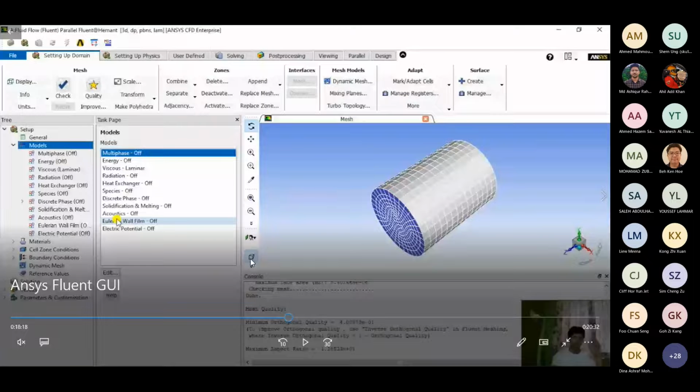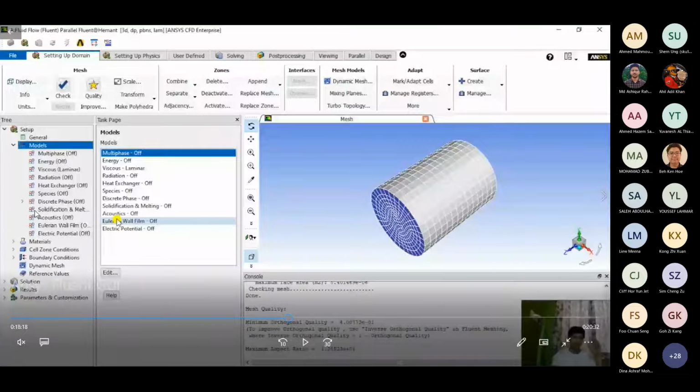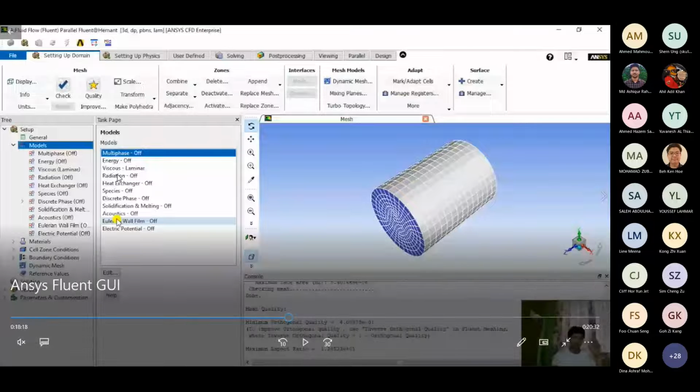For our simulation, based on our simulation requirement. So my simulation requirement is for laminar flow, I'm going to solve it for. Here there are different models based on different applications. Multi-phase deals with multiple phases at a single time. So let's suppose you have a mixture of oil and liquid, or let's say you are dealing with